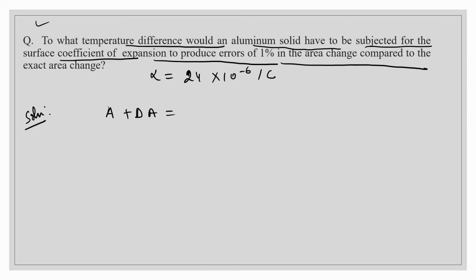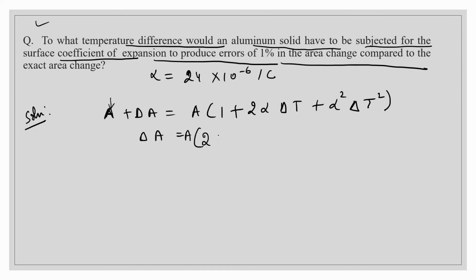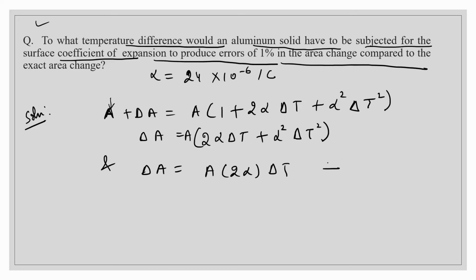This one will be the area after heating, so there will be some change. A was the original area before heating, and after heating the area changed to A plus delta A. This we already calculated. Now what will be delta A if we find it by this? A and A are getting cancelled out, so I can write A into 2 alpha delta t plus A squared alpha squared delta t squared. And if you see the approximate area change, by deleting this higher order term, I will write this as 2 alpha delta t. This one is the approximate area change and this one is the exact area change.